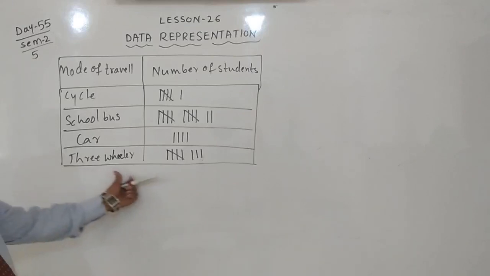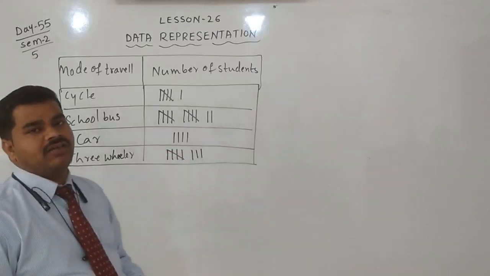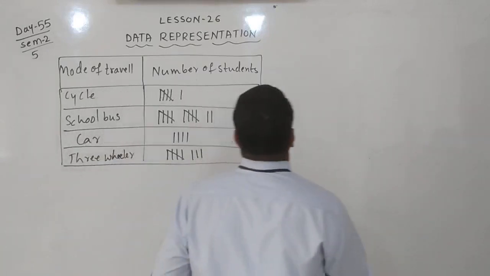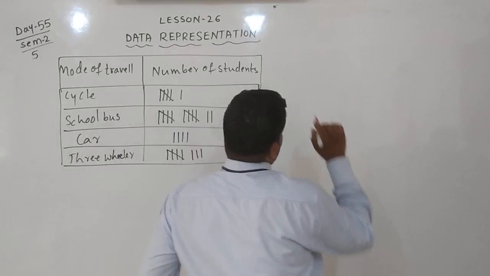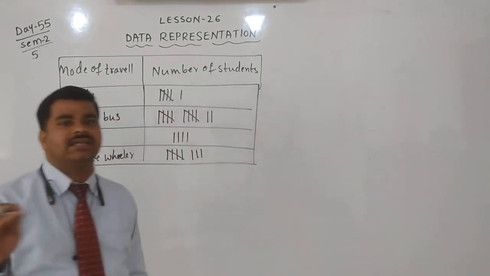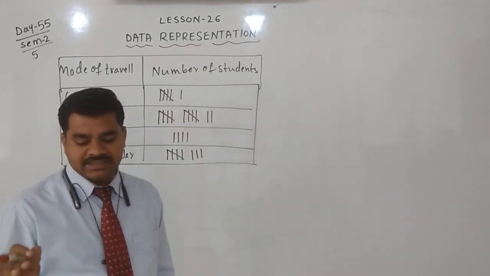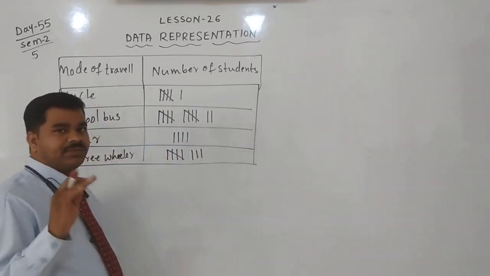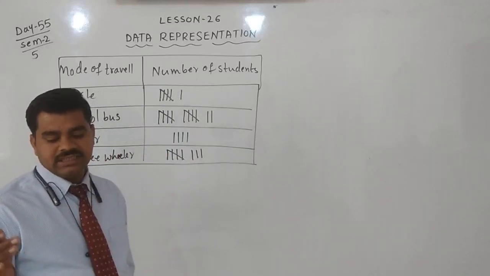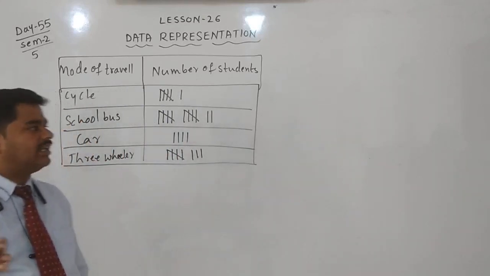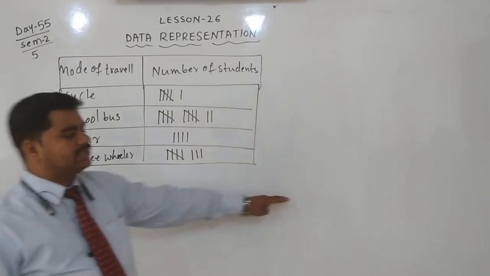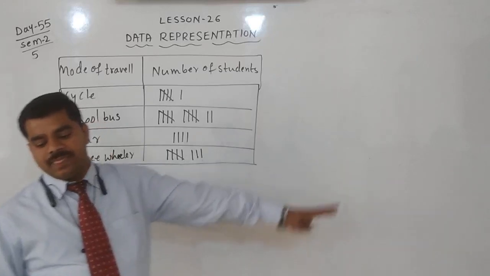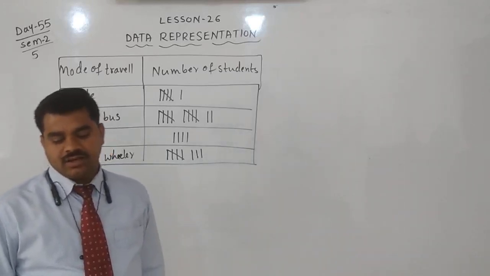By using this data, we can form a pictogram, bar graph, or pie chart. Here we will take the pictograph first. That is very simple. Every graph has a title. The title explains what is being represented. Next, labels tell about the data, that is, the students of each mode of transportation.